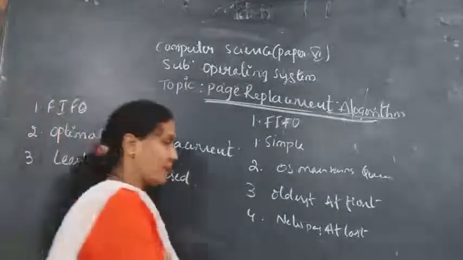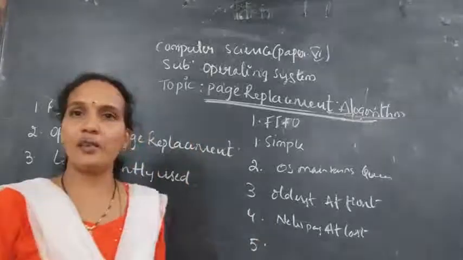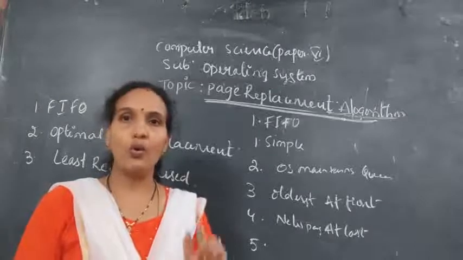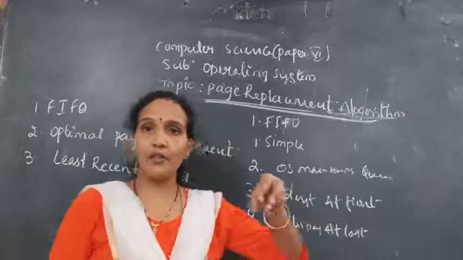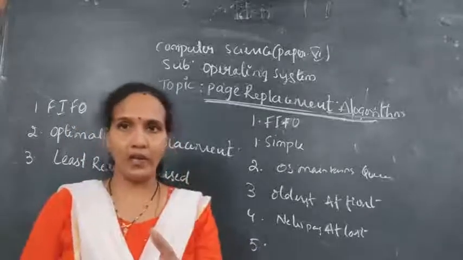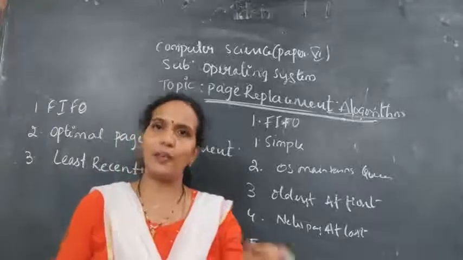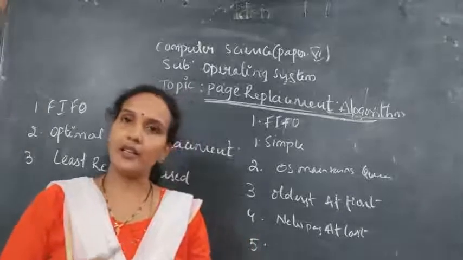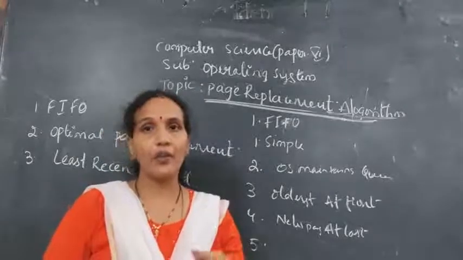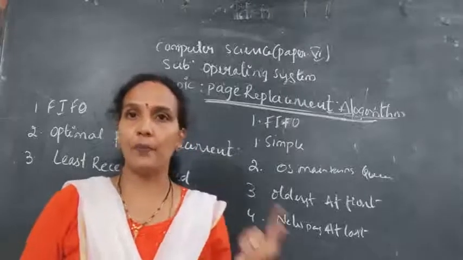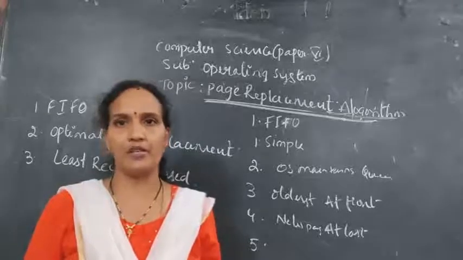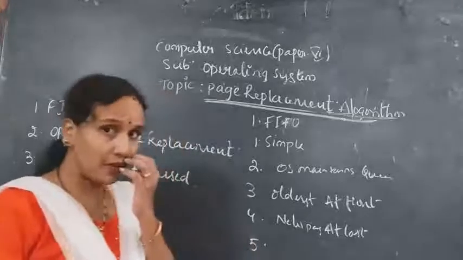When there is a page replacement, it will replace the oldest page, which came first into the queue. Understood? We have a queue in which all the pages are stored. The condition is that the old page should go first and the new page at the last. When there is a page replacement, the first page which entered the queue will be replaced. That's it. So that is first in, first out.